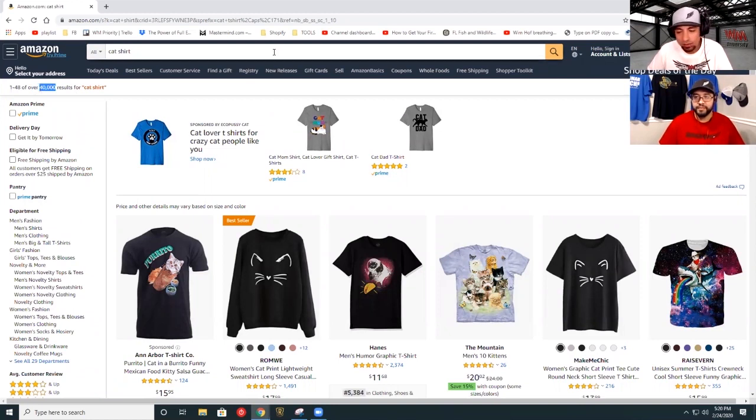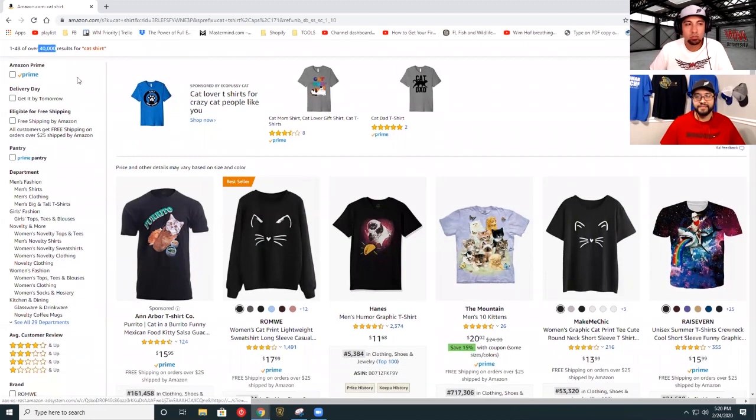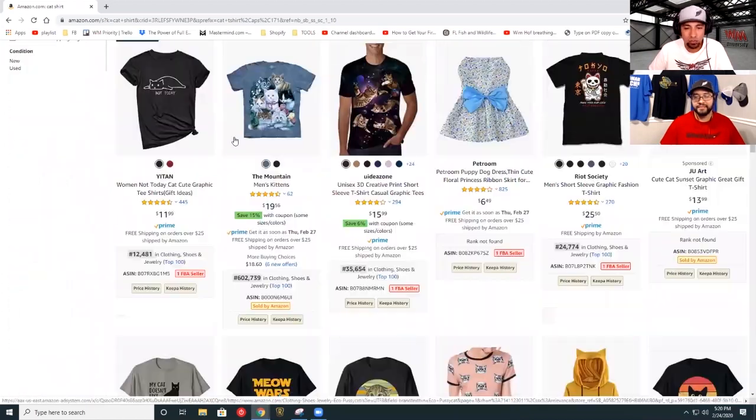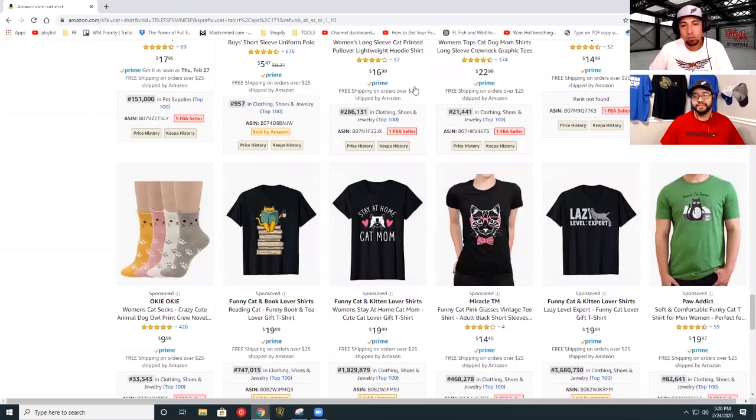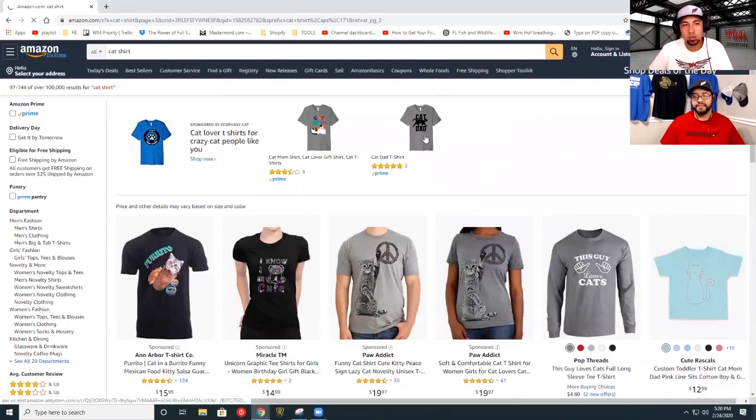I've said Amazon lied. Then I said Amazon is not telling the full truth. I don't know if they're lying on purpose. I think they're testing different things here, and it's their sandbox, so you kind of have to just figure it out. It used to say multiple millions for cat shirts, but as you go past the first page, that number will start to jump up. Most Amazon pages now will not go past 7. So even if it's saying there's hundreds of thousands of results here, you won't be able to see them